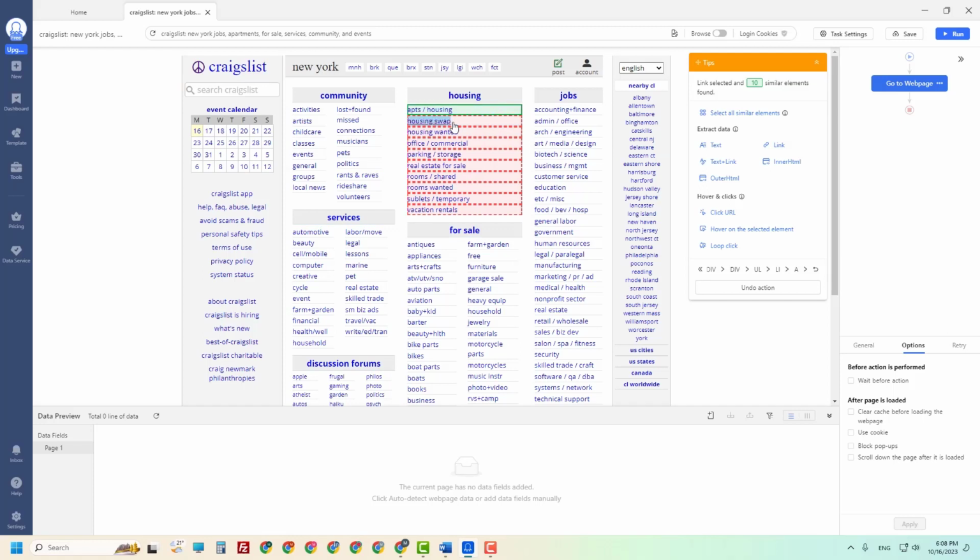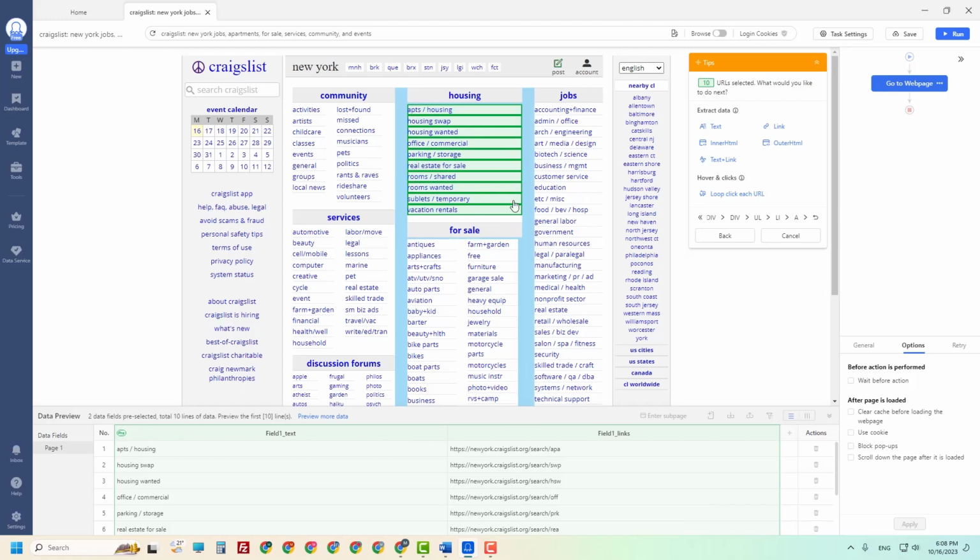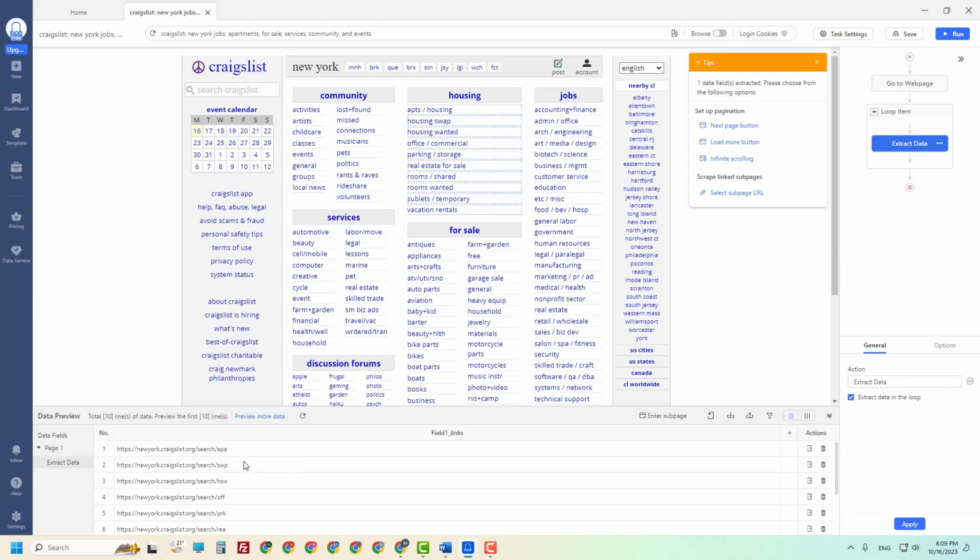You need to click the first and second, and the rest will automatically be selected. Now you will have the option to extract text, link, HTML, text and link, or you need to click, then use the option loop click each URL. But since our requirement is to extract only URLs, we'll click on link. See, below are the links of all categories. We need to click apply